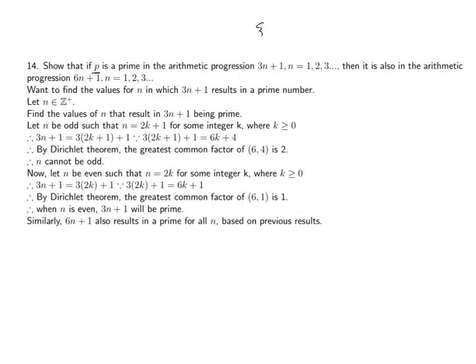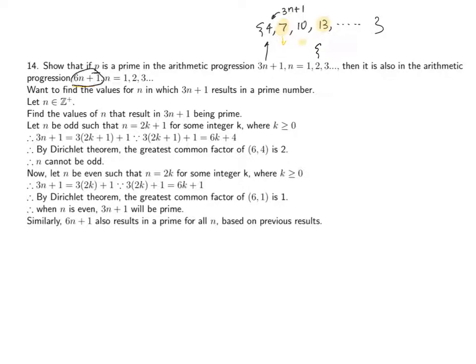In other words, if you look at the sequence of the first one, say this sequence is 4, the next one is 7, the next one is 10, the next one is 13, and so on and so forth, right? So all these numbers look like this type of number. It's from 3n plus 1. From this sequence, there are a few primes. For instance, this is a prime. This is a prime. We just want to show that these primes are also in the sequence of this guy 6,